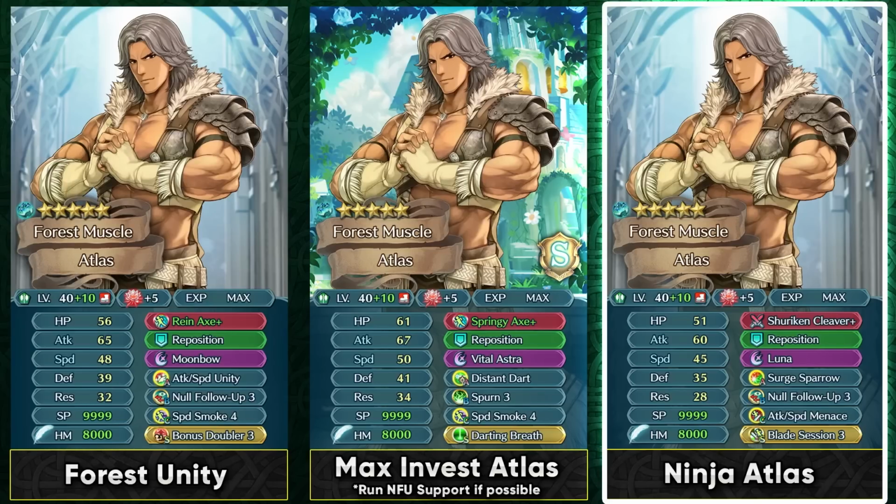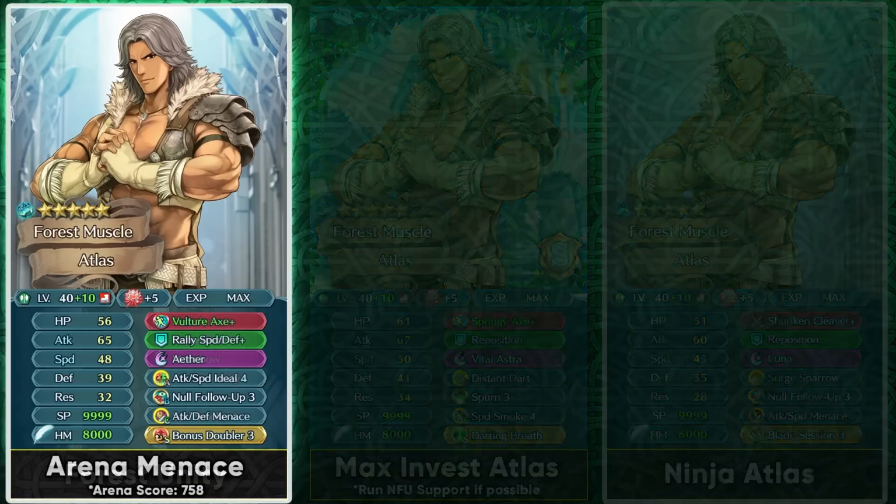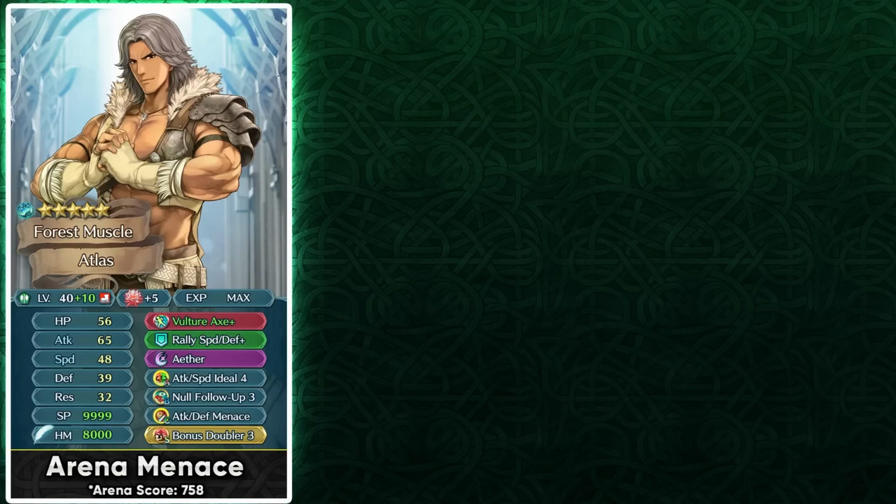And Surge Sparrow with Attack Speed Menace could function in the player phase, and he can get the healing with a special like Luna. So this is a completely player phase oriented build that you can run on him because of his offensive stats. You can also use him in arena as a score stick, and if you just want to stick to the melee matchups, then Vulture Axe could be an option with Attack Defense Menace, and you can